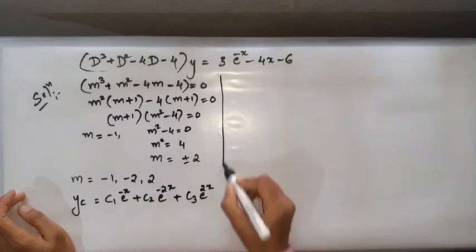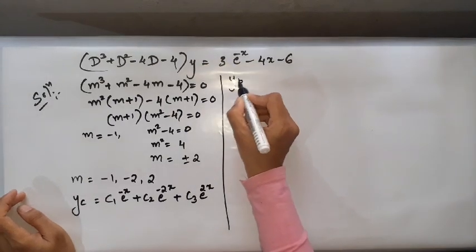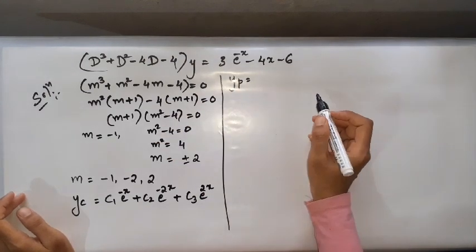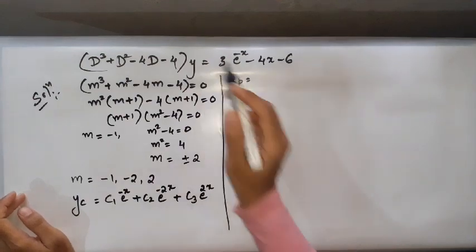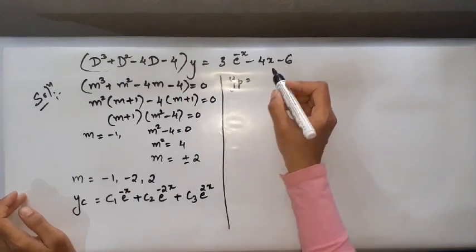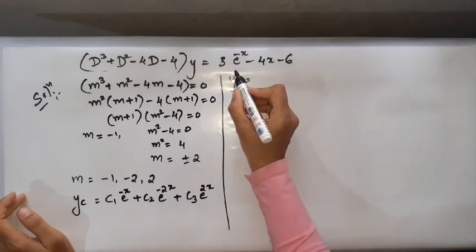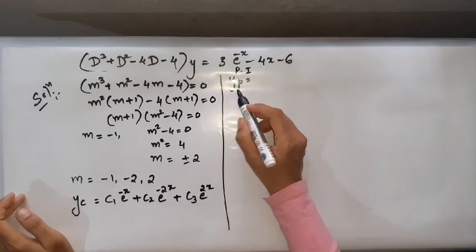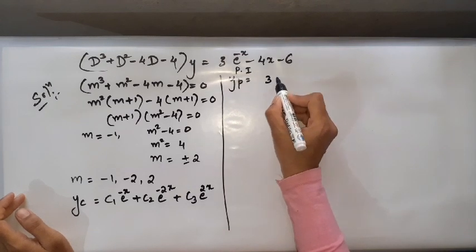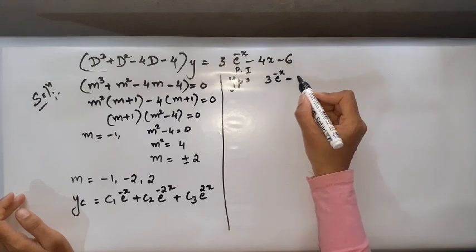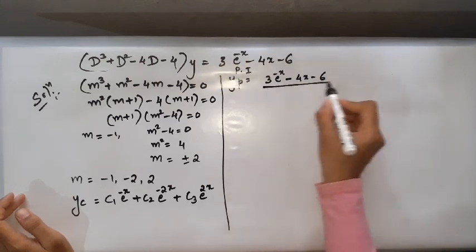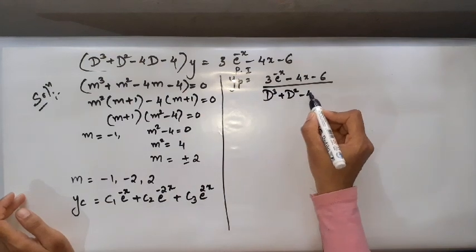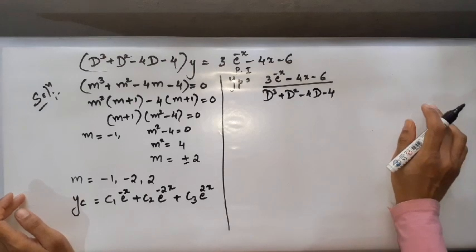Now, let us work for yp. I have explained a number of times how to write your yp. Once again, take the given equation and separate your y from there. So your y should be written as yp, that is, you are working for the particular integral PI. Your particular integral PI, represented as yp, will be equal to 3 times e to the power minus x minus 4x minus 6 over the denominator part, which is D cube plus D square minus 4D minus 4. This is what you get for yp.